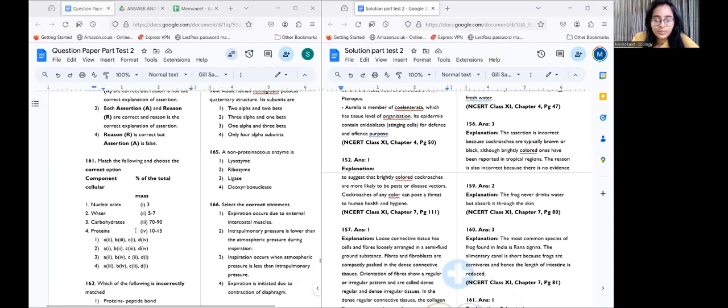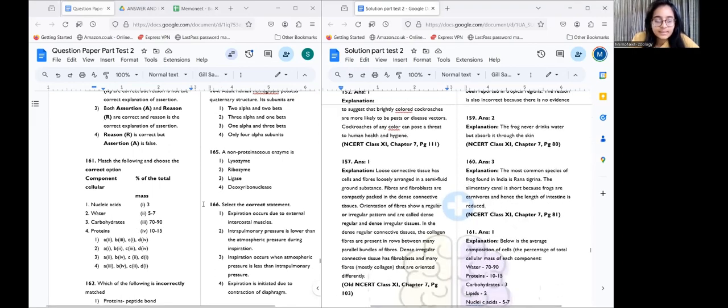Then moving on to question number 161. The answer is 1. So basically, it's NCERT information. The values need to be remembered as they are. So for 161, the answer is 1, which is A2. A2 stating that nucleic acids are